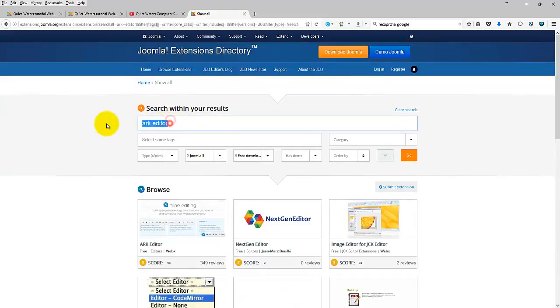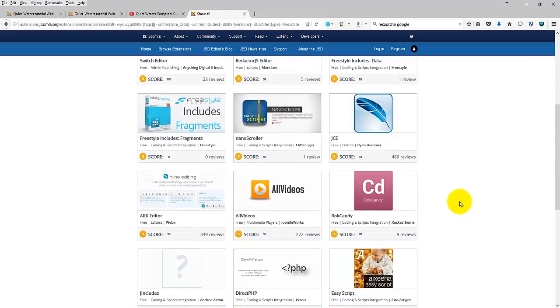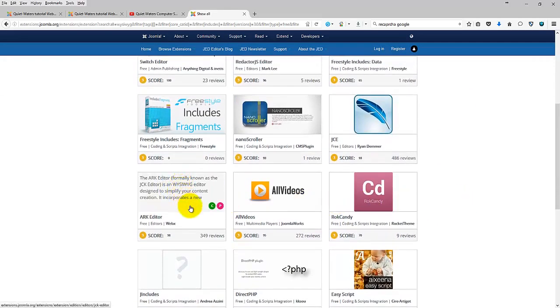Oh no, let's try WYSIWYG. What you see is what you get. Now we'll hit go. It'll definitely come up on that because that's the original name. There's the JCE editor, and there's the Arc Editor. And as you can see, it's a